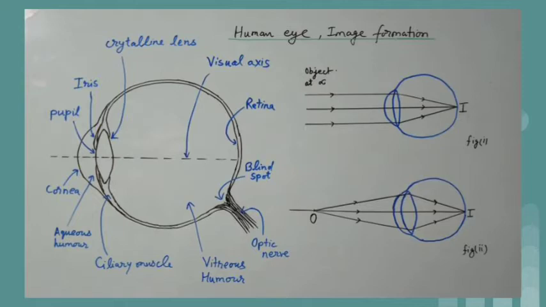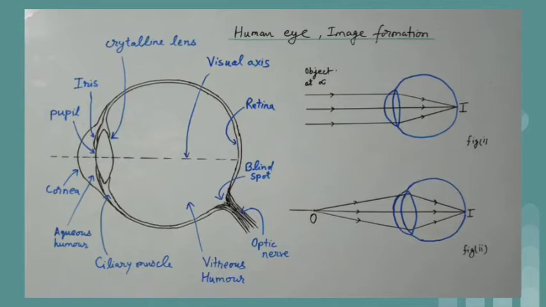When we talk about any device, we think of its ability also. So, what is the ability of human eye? The ability to observe distinctly the objects situated at widely different distances from the eye is called the accommodation or accommodating power of the eye. This ability of eye is possible by changing the curvature of the crystalline lens by relaxing and contracting the ciliary muscle so that the focal length of the lens changes.